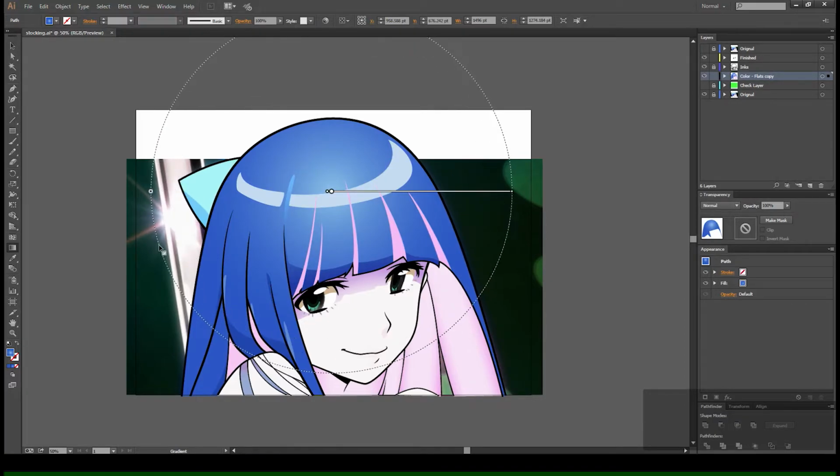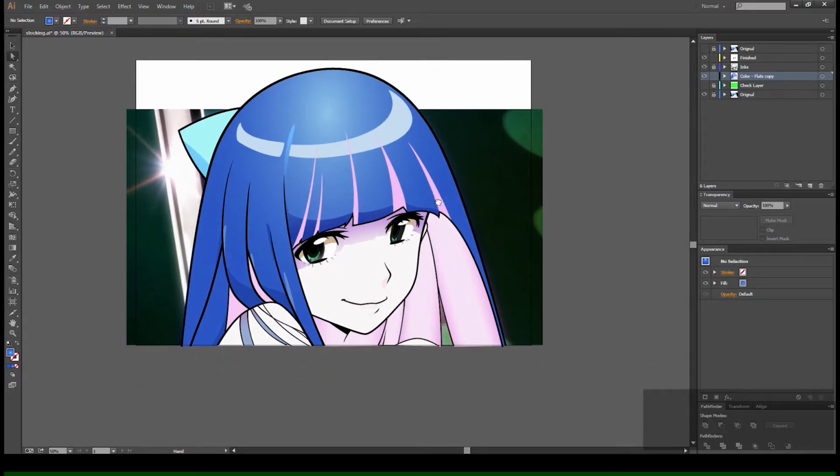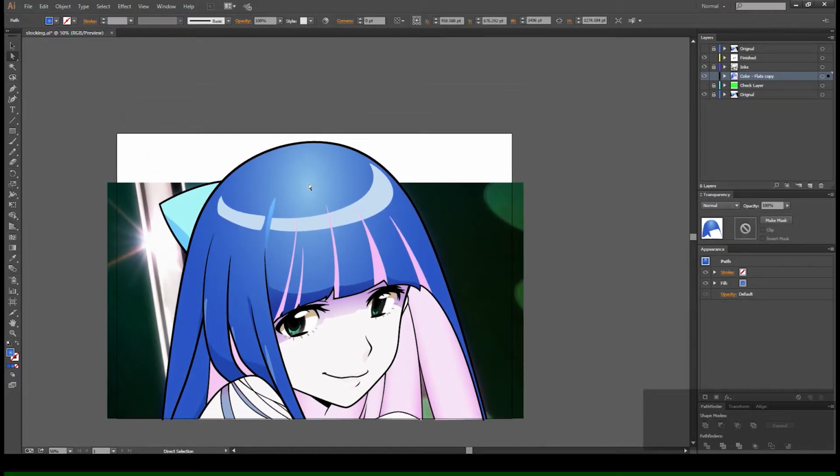Alright, so you can pull this out to whatever size you want. I'm actually going to put this up on top of her head so that the shine is closer to there. I'm going to make it a little thinner. We're going to spin this around to here. The reason for that being, we can then extend this, then do this, and then if we look at this,